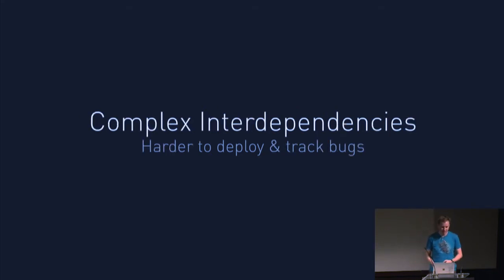But there are problems as well. And the number one problem is very complex interdependencies. You remember I said that you can take those nice Django apps and make them separate? Well, that's true. But all the work that you might have had to do with fixing things calling across processes or interactions, it hasn't gone away. It's just gone from being in your code to being in your deployment process.